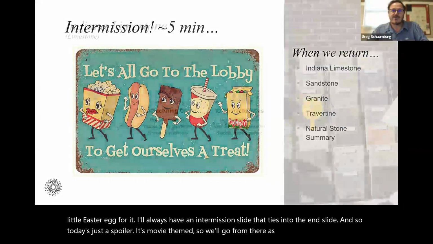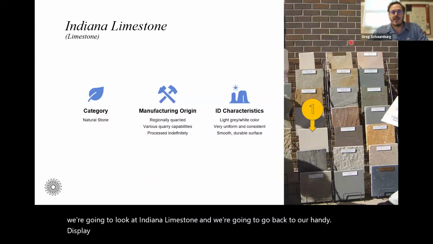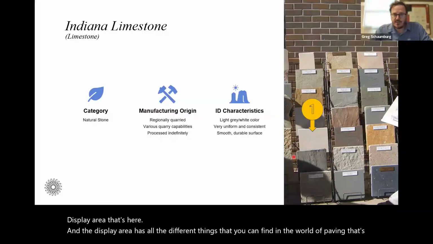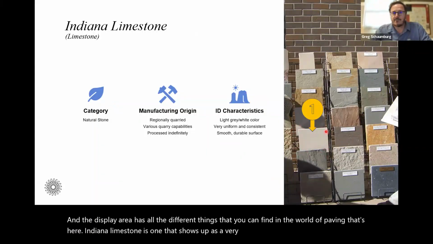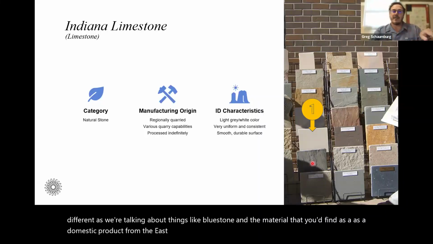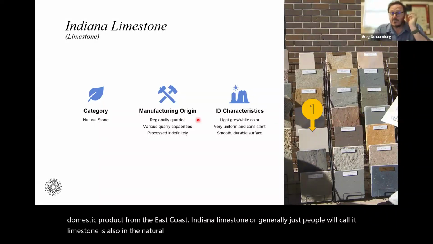As we jump back into it, we're going to look at Indiana limestone, and we're going to go back to our handy display area. The display area has all the different things that you can find in the world of paving. Indiana limestone shows up as a very nice light color. It's a little bit different from bluestone, the material you'd find as a domestic product from the East Coast. Indiana limestone, or generally just limestone, is also in the natural stone category, also regionally quarried,